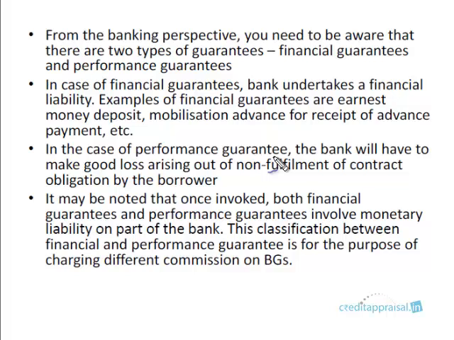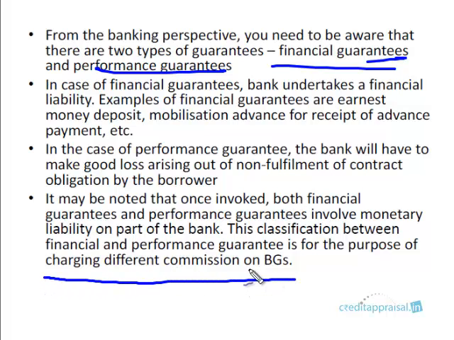Okay. What you need to be very aware of is there are two terms which are used in the banking industry as far as BGs are concerned. One is a financial guarantee and another is a performance guarantee. Really, if you think about it, all guarantees are financial guarantees, but for the purpose of charging different commissions, banks usually have this classification. Financial guarantees have a separate margin, say for example 3%, and maybe performance guarantees will be 2%, something like that. Just for the difference of this commission, they have formulated these two guarantees.